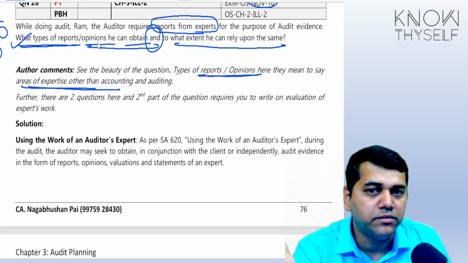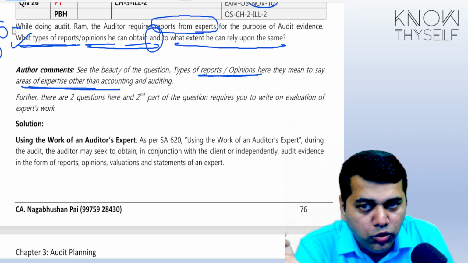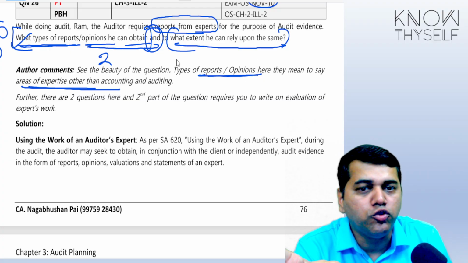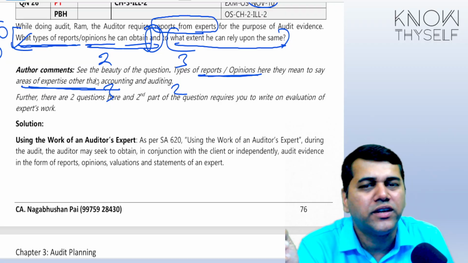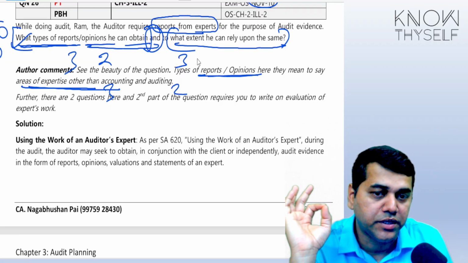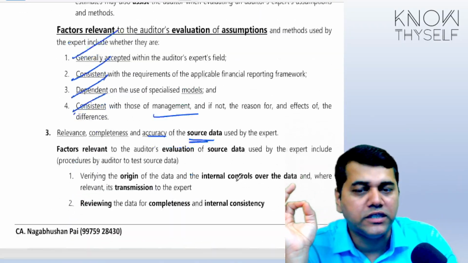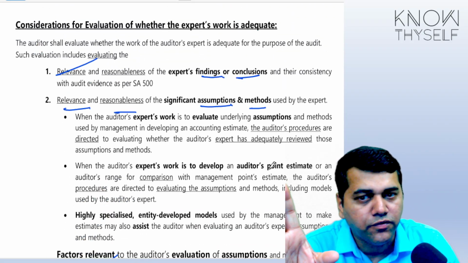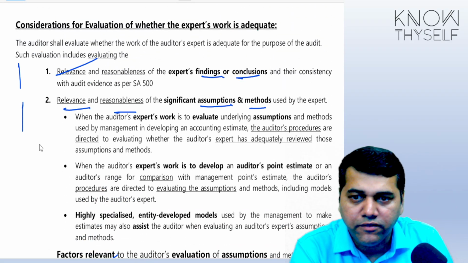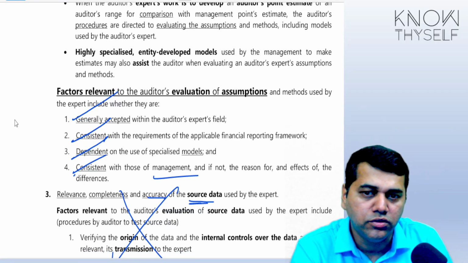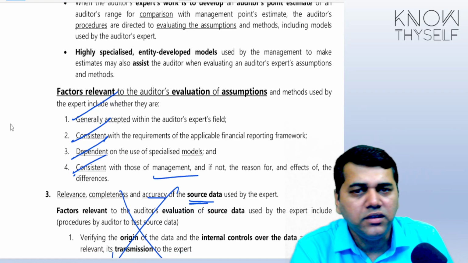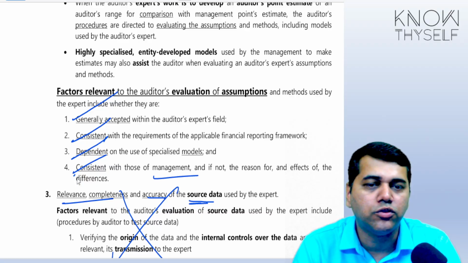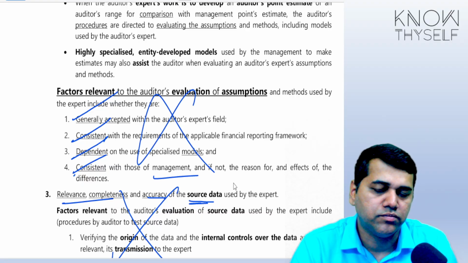Because if this question comes, there are two elements. They can ask you only this portion, or only that portion. Or they can assign 2 marks and 3 marks, or 3 marks and 2 marks. So you can write at least 3 points for each, minimum 3 points. You might have forgotten one point; leave it, if you have written the others that's also fine. They can award you 1 mark for this and 1 mark for that, and for the factors, I don't know, they may give you marks. But you have to make one judgment, and if you remember, please write all three, because we don't know. I think we can leave this portion.